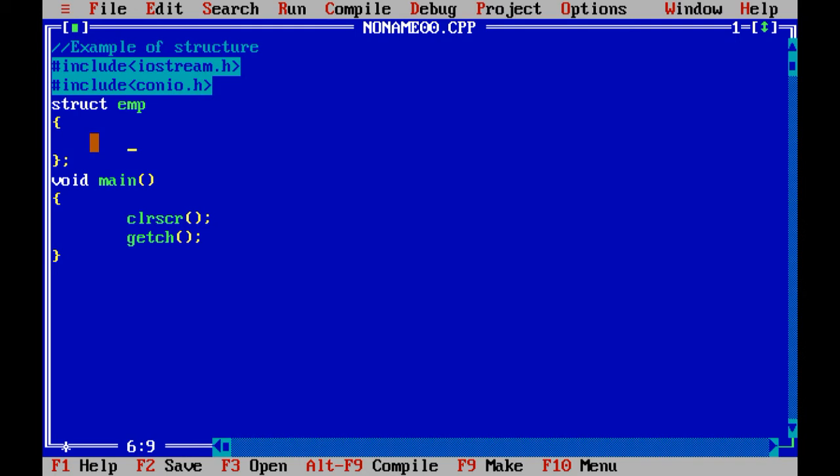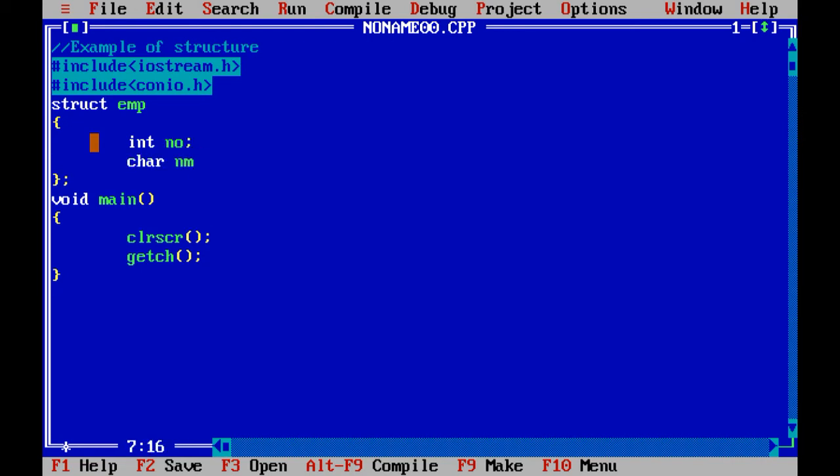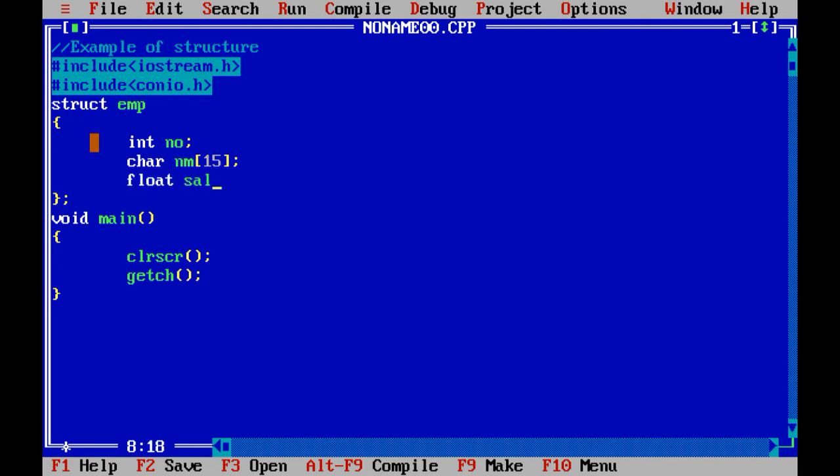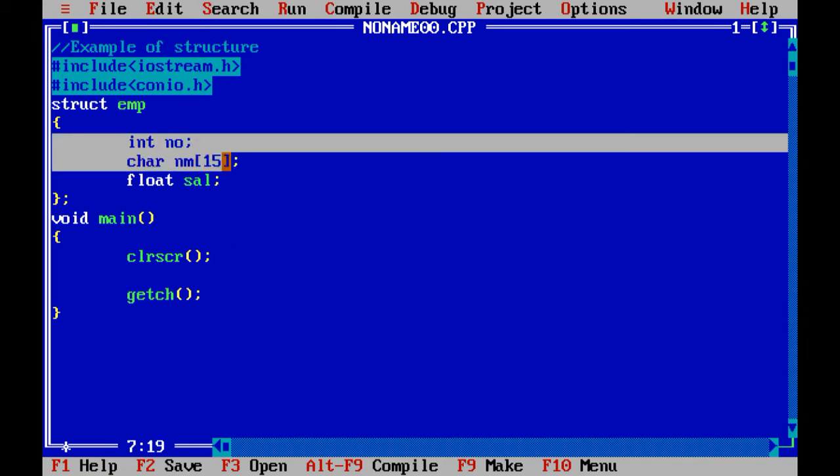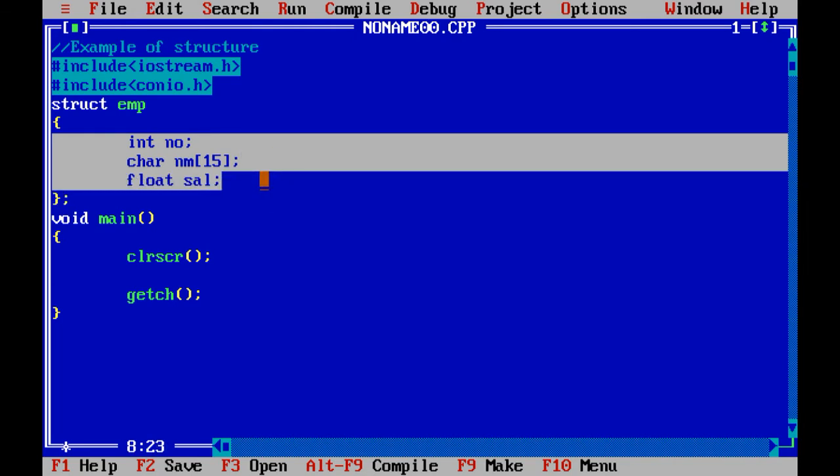Now in structure employee I want to write integer number, then character NM of 15, then float salary. Now what to do? Now we need to assign the value of number, name and salary.